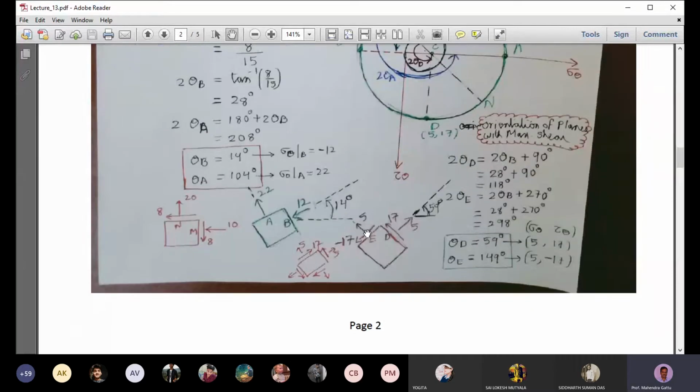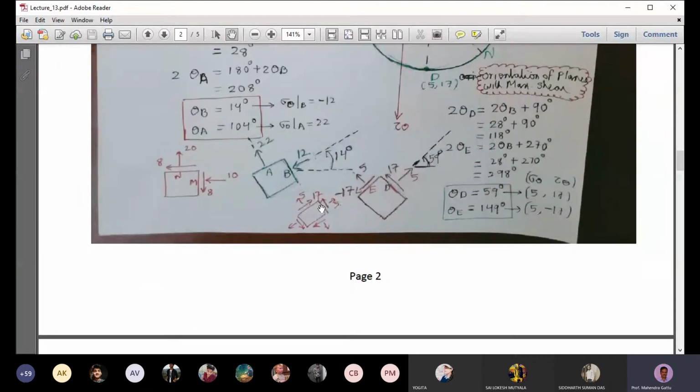And on the T plane, the stresses are phi comma minus 17. So we show phi, and tau theta is anti-clockwise rotation it will produce. So we show the arrow like this with a minus 17 value. So what we can do, we can reverse the arrow and then plot the stress element one more time. So we have that stress element with normal stresses 5 and 5 and shear stress 17.